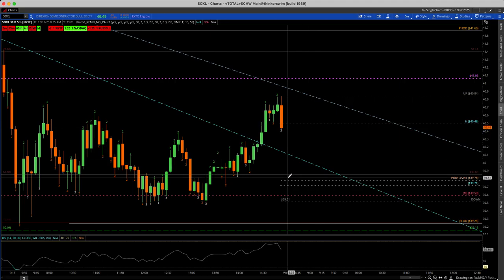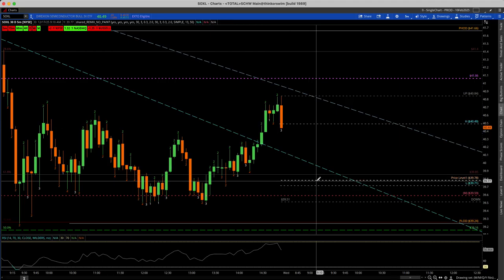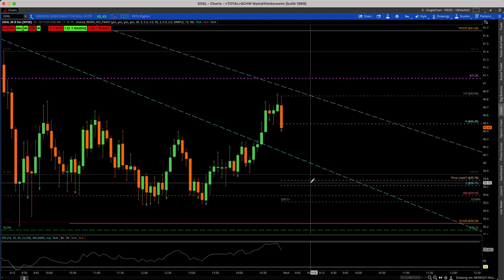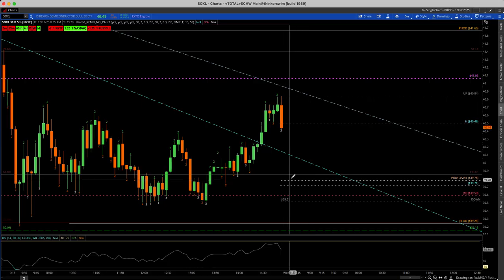But that plays into the repeatable strategy that we talk about. So we take the opening print and we look for higher lows at or above opening print to get into calls, and we look for lower highs at or below opening print to get into puts. So if we open here and we push up,